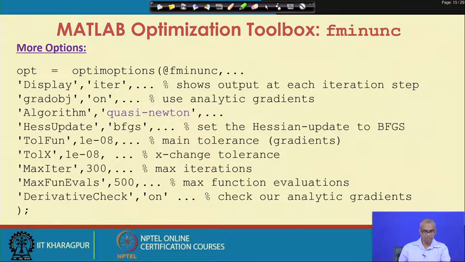Max iter 300 means the maximum number of iterations is not more than 300. Max fun evals is the maximum number of function evaluations. Derivative check on means it will check our analytic gradients. So, different options are available and you can use all of these options or some of them.